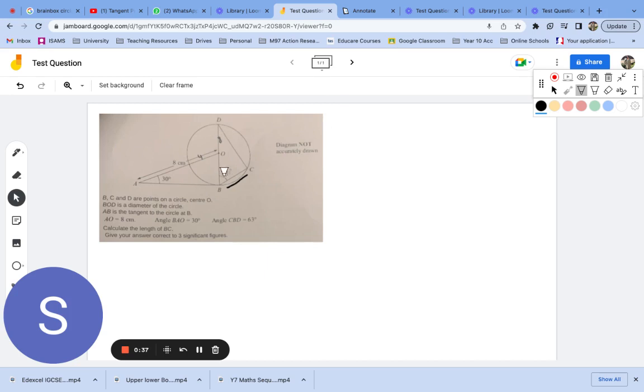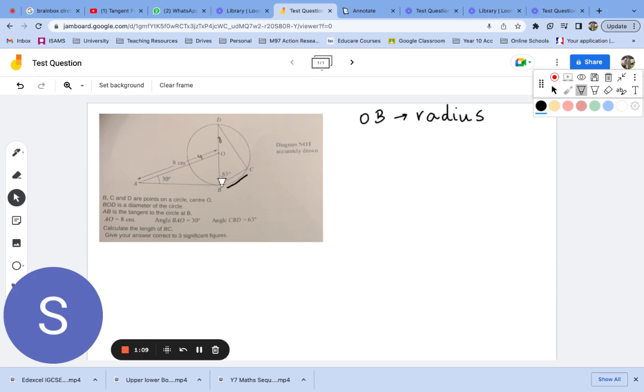Now, they've told us BOD is the diameter, which means OB is the radius of the circle. We know that because radius is half of the diameter. Another very important piece of information they've given us is that AB is a tangent to the circle. What does a tangent mean? A tangent means any line that touches the circle exactly at one point. It doesn't go inside the circle, it doesn't move outside the circle, it just touches the circle exactly at one